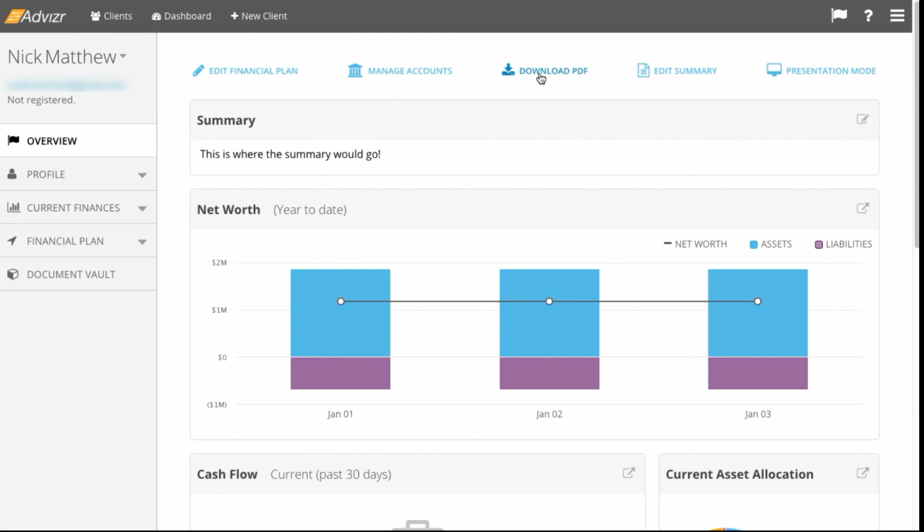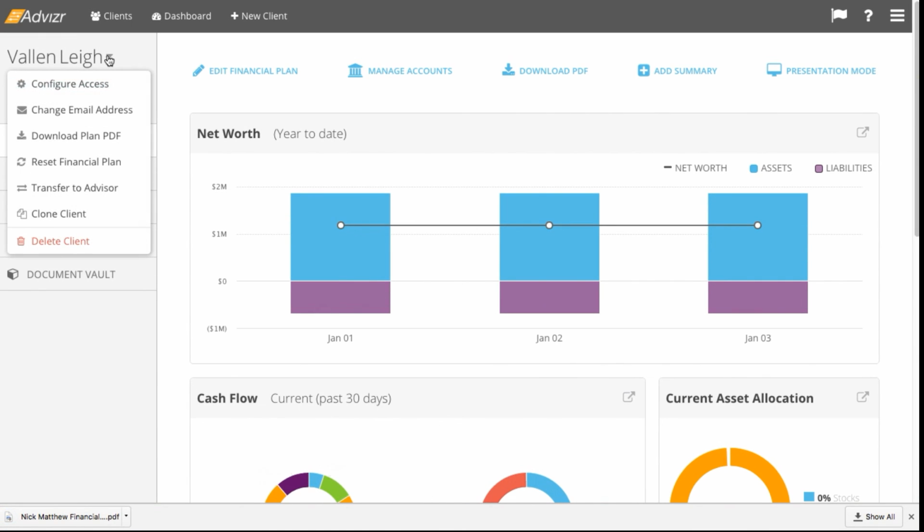And now you can generate a PDF of the plan, which reflects all of the changes you've just made. It takes about 20 seconds to run that because it's doing it as of right now. So it's going to take a current snapshot with any changes you've just made, and it's going to download it into a PDF. In the meantime, let me show you how